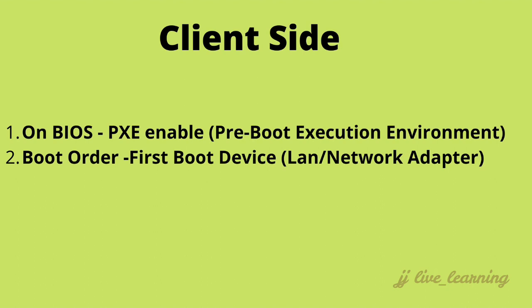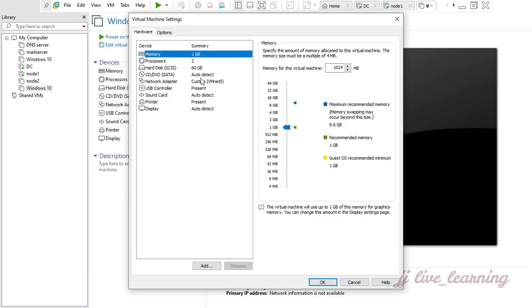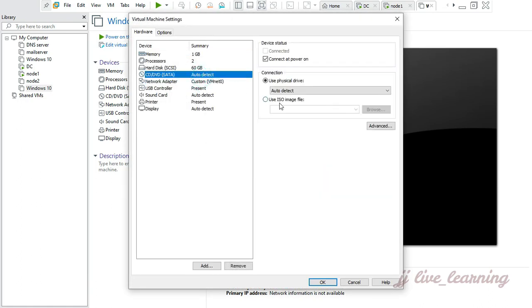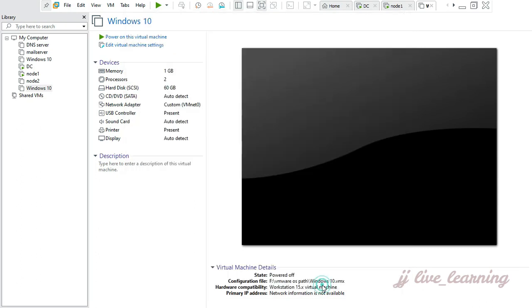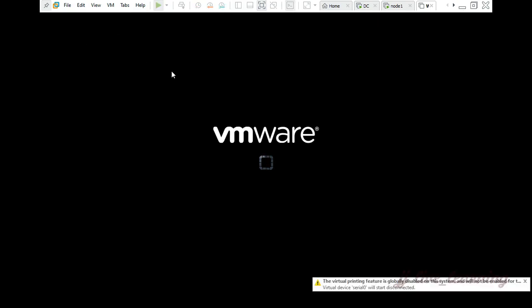Then only the system can install the operating system through the network. On the virtual machine, you have to enable this option. On your live system, you have to go to BIOS and enable your onboard LAN boot ROM. By pressing the F12 option, you can install the OS through the network.